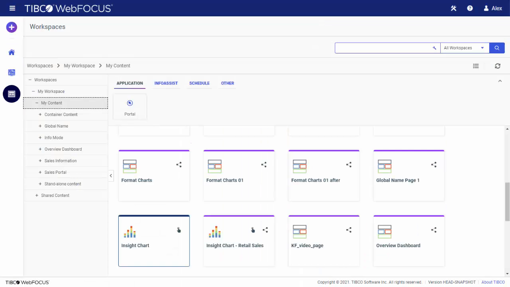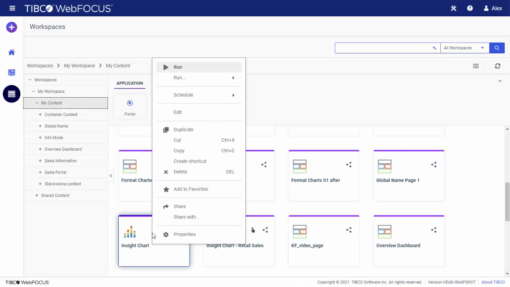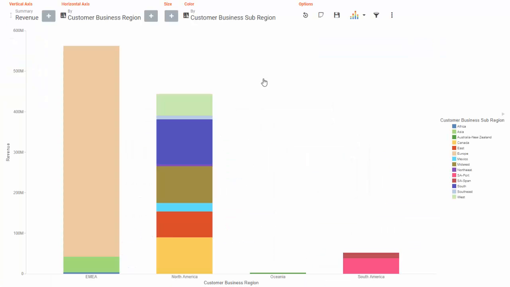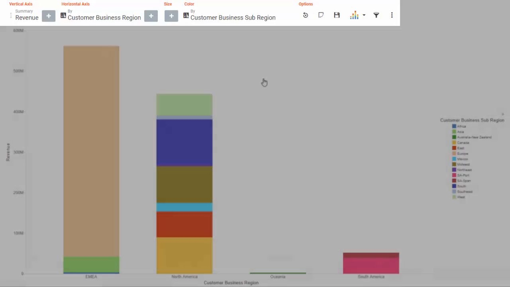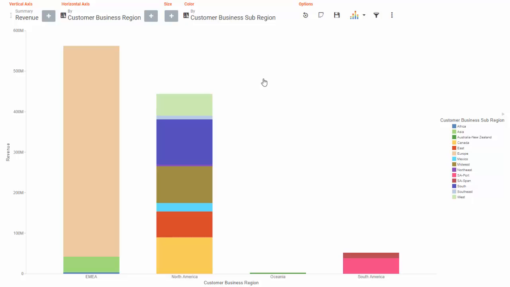Run the chart from TIBCO WebFocus Designer in an assembled page or from the WebFocus Start page to start using Insight. When you run a chart with Insight, the Insight toolbar appears above the chart output. It shows the fields in use in the chart. You can also launch Insight with no fields added to the chart, allowing you to build your chart from scratch,